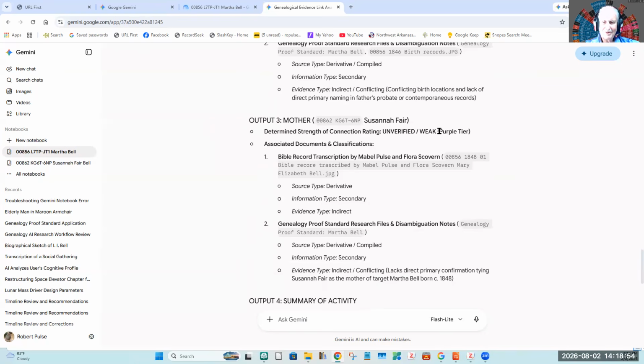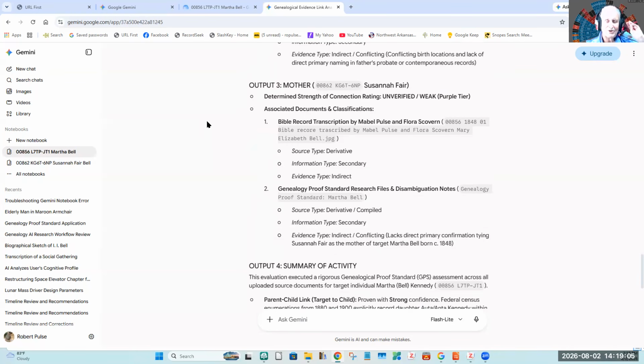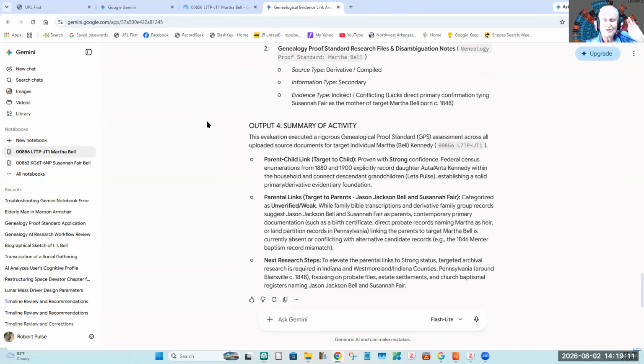And to the mother, it gives a purple. So from her data set back to her mother, it's purple. But from the mother down to her, it's blue. So they're stronger records, from her on her mother's side. That's an interesting thing.